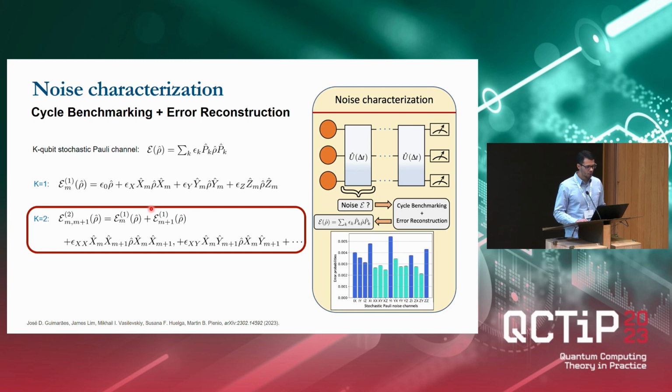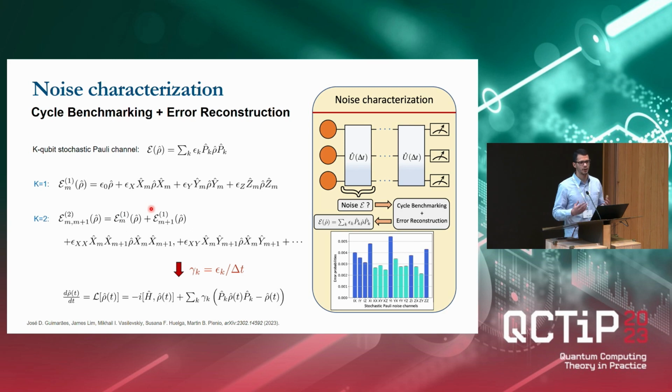So knowing the form of noise that we have in the circuit, we can expect that if we proceed to the actual time evolution in the quantum circuit, the dynamics of the qubits of the open quantum system will be given by this Lindblad equation, where we have again the Hamiltonian that's encoded with a product formula, and this Lindblad dissipator, which is of stochastic form, where gamma k are the decoherence rates given by the characterized error probability of the stochastic channel k over delta t, which is the Trotter time step.